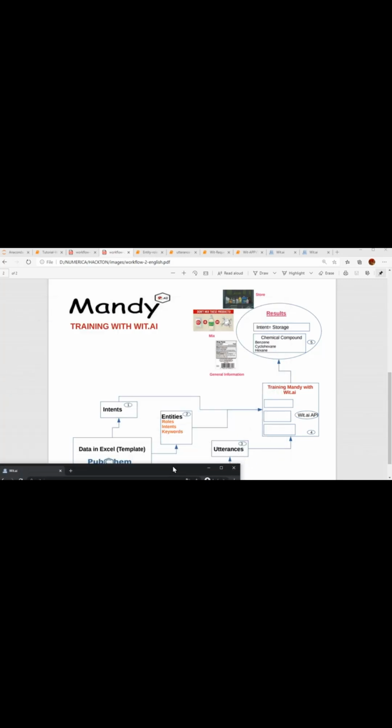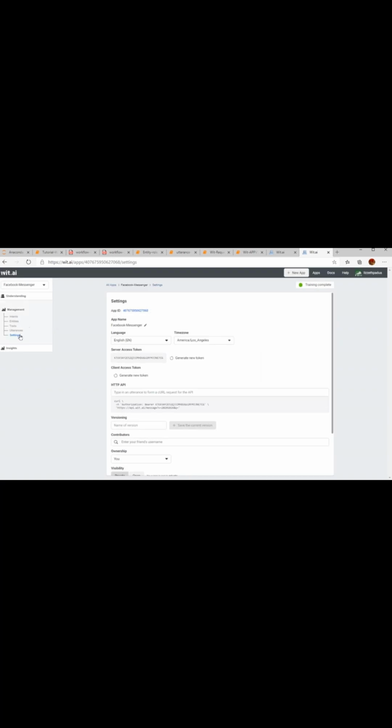So to do this, you have to create a Wit.ai account with your Facebook account or a GitHub account. And when you are logged in, you should create a new app and go to settings to identify the access token, which is useful